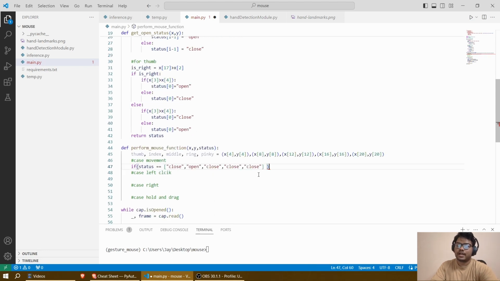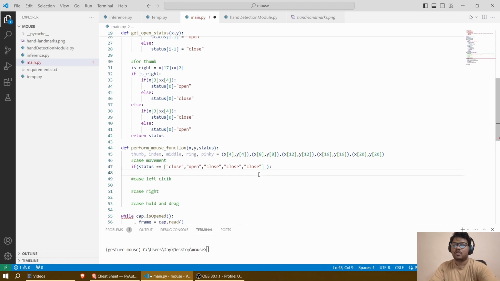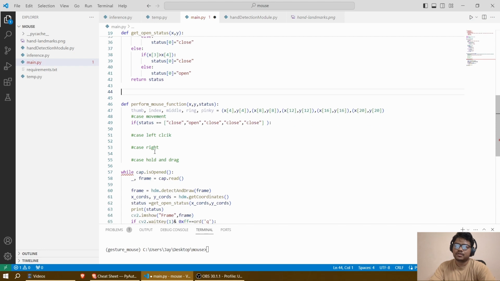So if status is equal to that, you should perform mouse movement. To perform mouse movement, instead of directly calling PyAutoGUI here, I would create a separate function. The reason is that this separate function also helps in the hold and drag case. We would again have to move the mouse in hold and drag, so instead of repeating the code, let's have a separate function called case movement. It would be called here for only moving, and again we would utilize it in hold and drag. So let's have this separate function called def